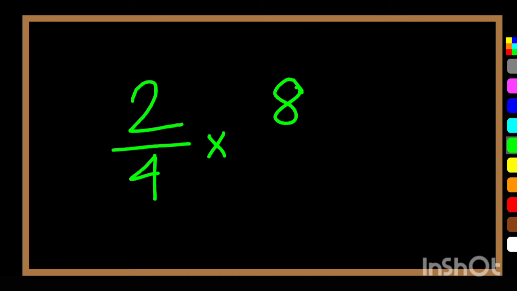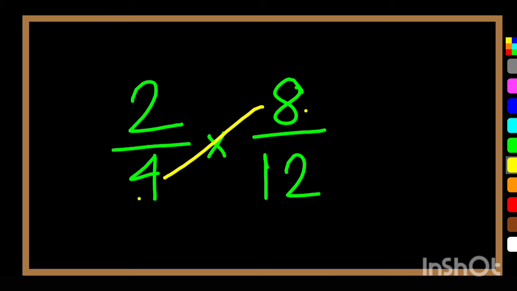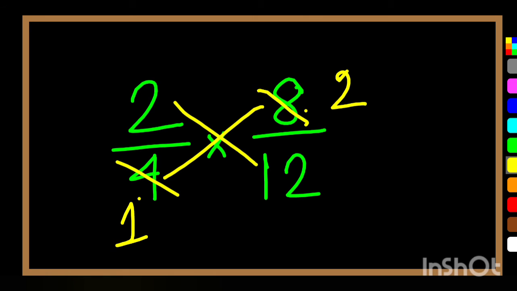Suppose let's take the example of this one. Now as I have said that first we will check diagonally. Here 8 and 4, these two numbers are given. If we reduce both of them by 4, we will get here 2 and we will get here 1. Okay, now again we will check the other diagonal, means 2 and 12. Now what will you do? We will simply reduce 2 and 12, both of them by 2 first. So we will reduce 2 by 2 and we will get 1, and 12 by 2 we will get 6.